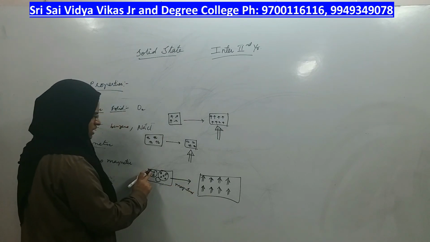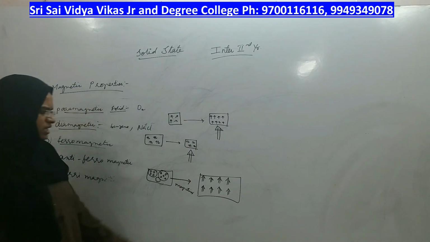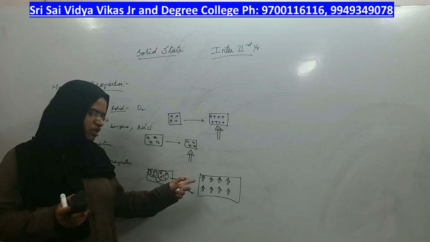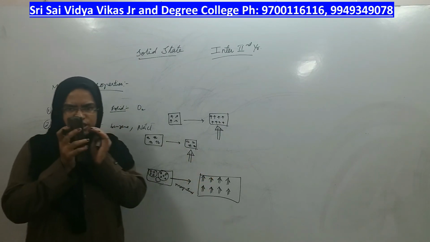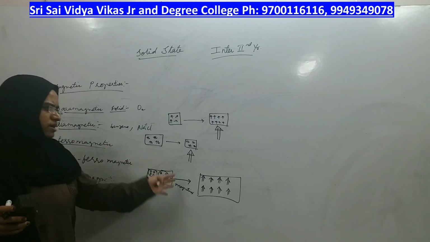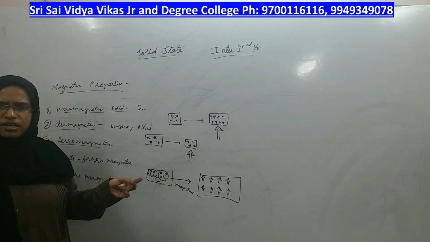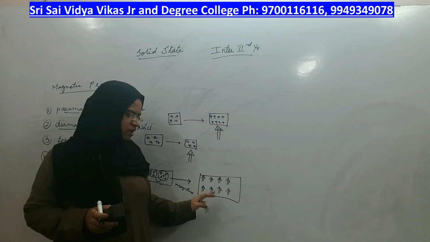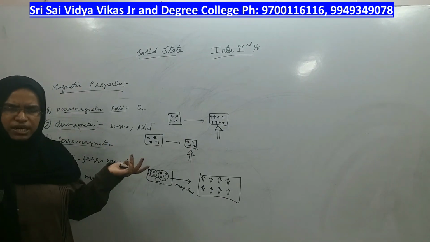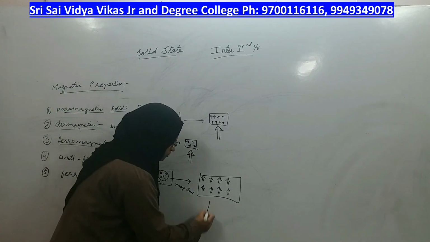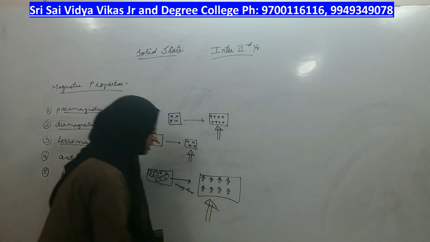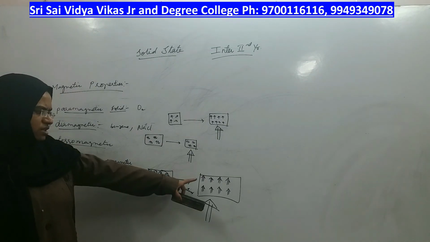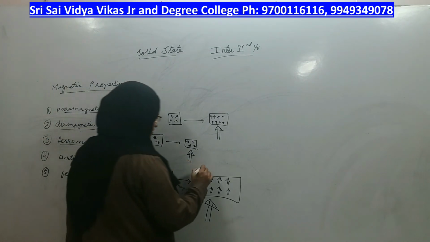what happens is, each domain, each arrow mark which I am drawing in this case, is an association of 4 or 5 atoms together, right? 4 or 5 atoms together form one small group called one domain. Like that, so many domains are there. In the absence of a magnetic field, those domains were randomly arranged, but the moment you give a magnetic field, all the domains which were randomly arranged start getting aligned along with the magnetic field. In whichever direction you are giving the magnetic field, in the same direction the domains are also getting aligned.